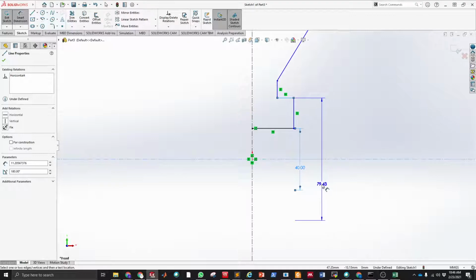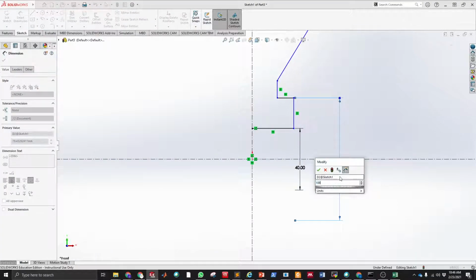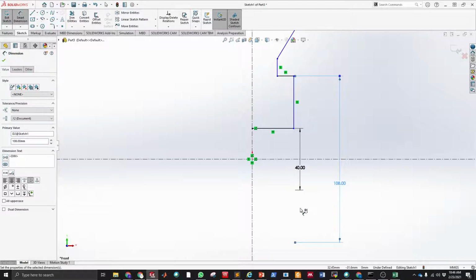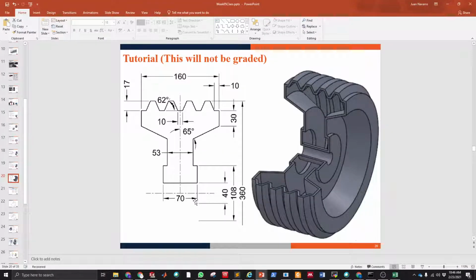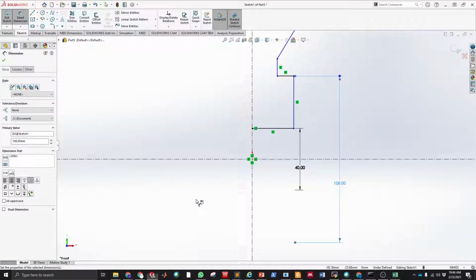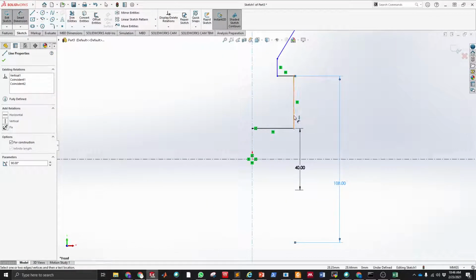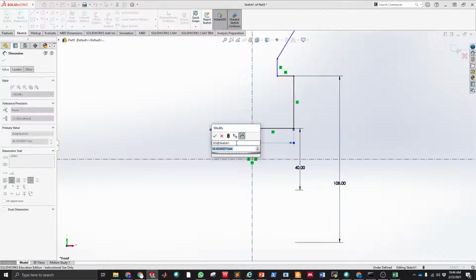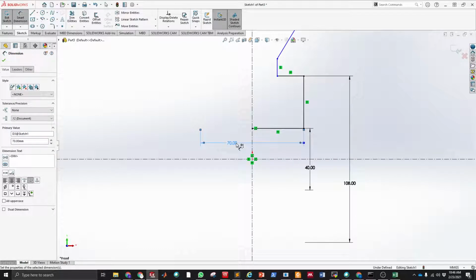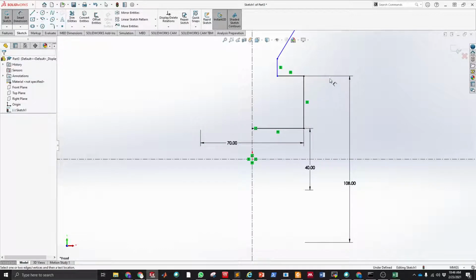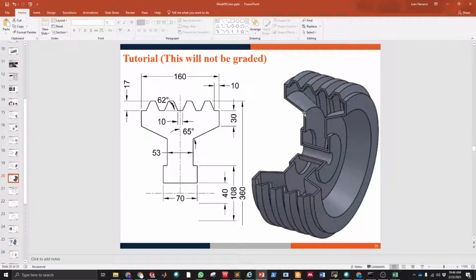Or if I want to do the entire diameter, as you see here below, we have the other line that is highlighting that I'm doing the full diameter. 108, and then this one is 70 here, like that. Okay, now this one is 53,